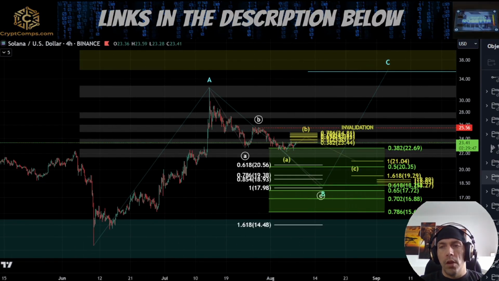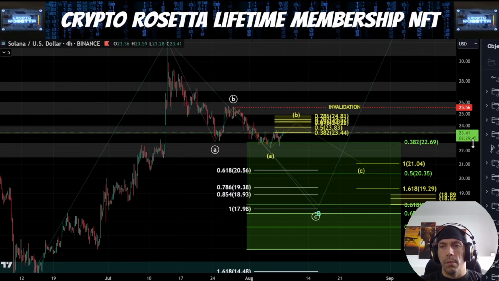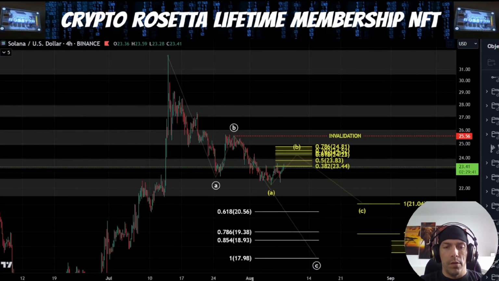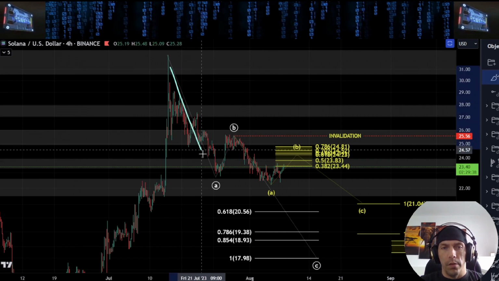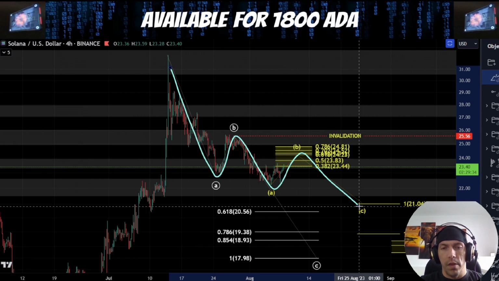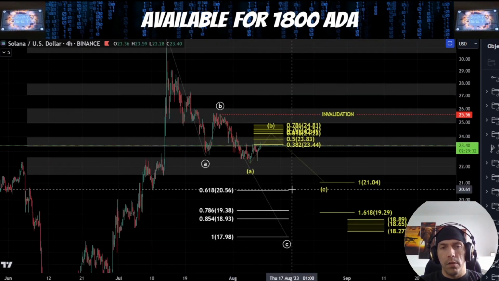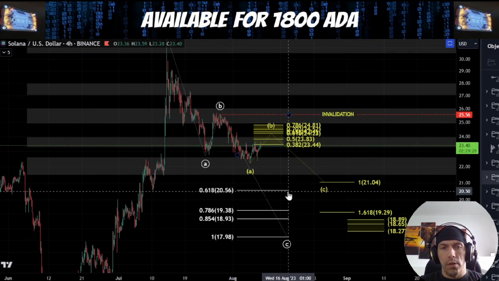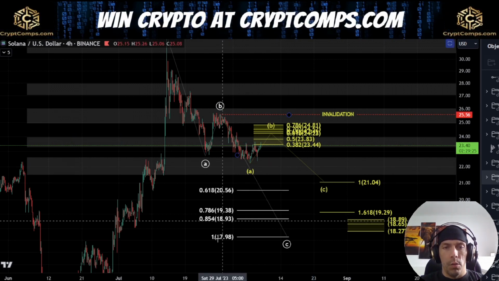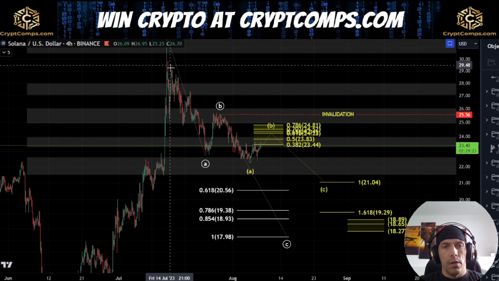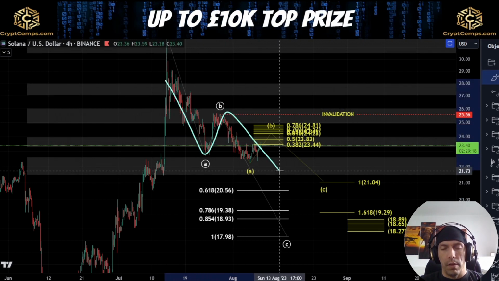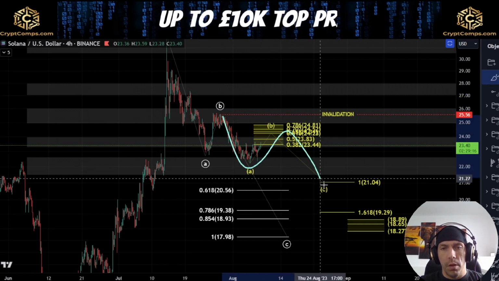Now, if this B wave is not actually complete, what we could actually see is something along these lines. So I'm just going to turn this off for a second. What we could then say is that potentially into this low here, this is an A wave, this is a B wave, and we could still be looking for this as a bigger ABC. Now, the 0.618 of this would be here towards this 20 cent 56. The thing is, within this, if this is going to be a C wave, I would want to see a 5-wave structure. So the only way we can potentially count this in this way would be saying this is WX, and then we're looking at this as a Y wave to the downside,